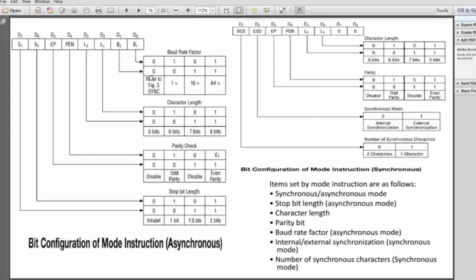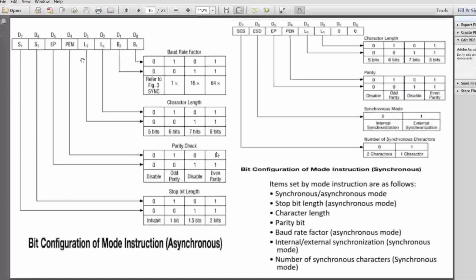So same as your clock frequency, 1/16th of our clock frequency or 1/64th of a clock frequency, we have the baud rate to be set here. Then the length of the characters, whether it is 6 bit, 7 bit or 8 bit per character, then parity, and then stop bits. So baud rate, length of the character, parity, stop bits. The start bit is always going to be one low only, so only the stop bits are changing. This is as far as asynchronous is concerned.